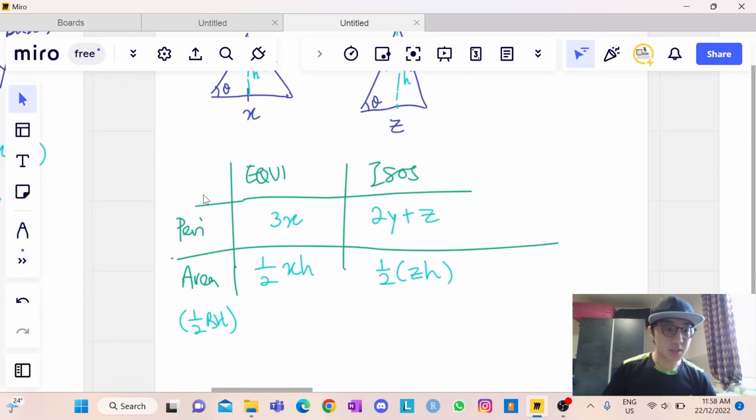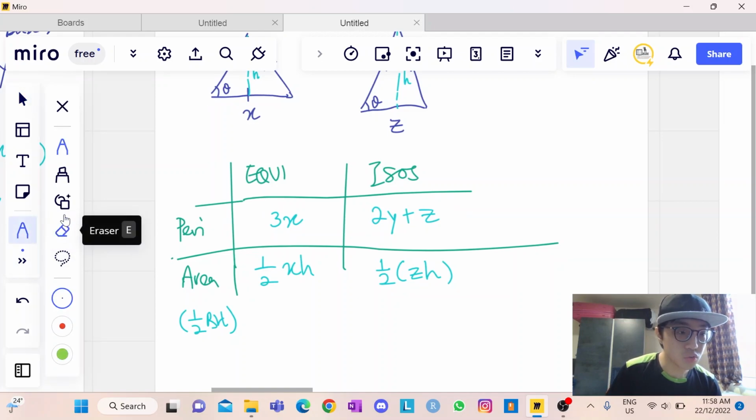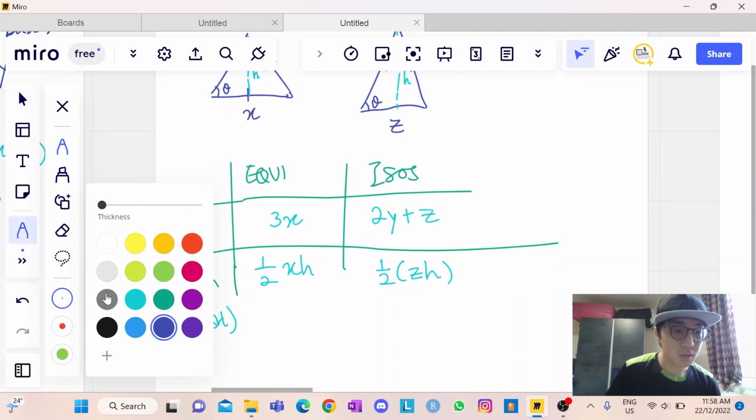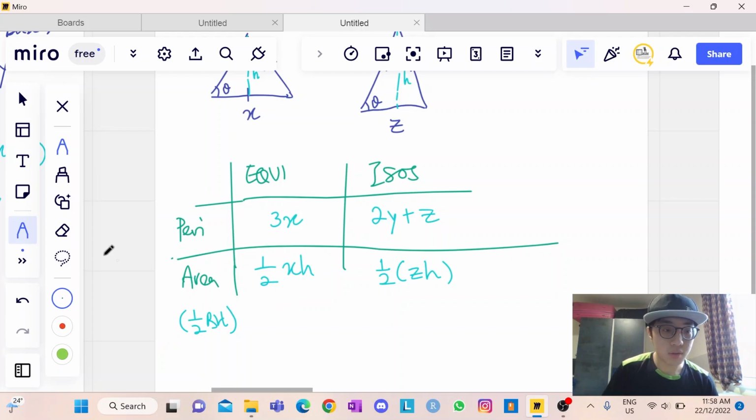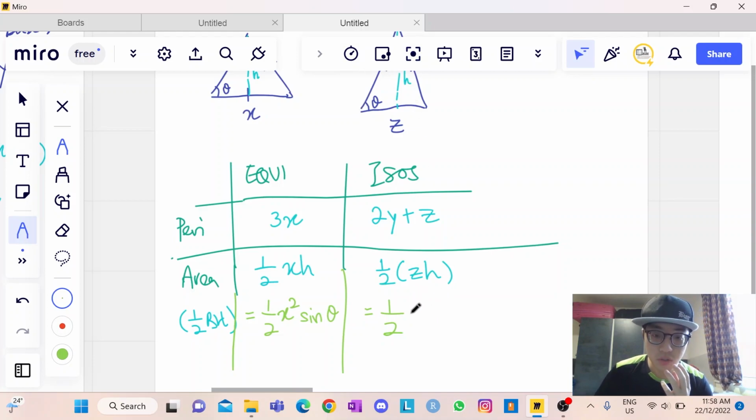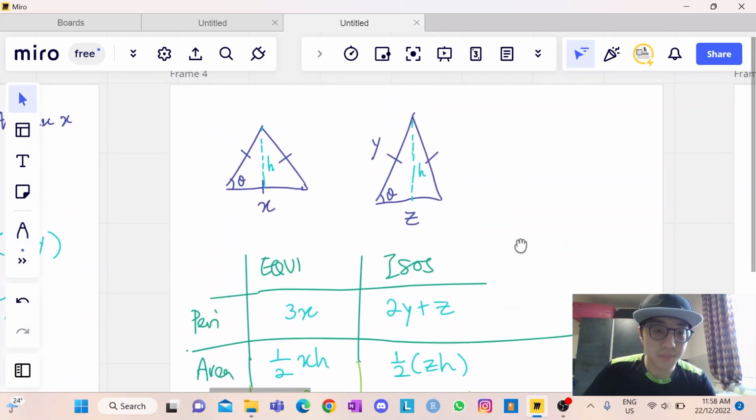Therefore this is also equal to, let's change to a darker color right here, 1 over 2 x squared sine theta. And this one right here will be equal to 1 over 2 times y, and this is y sine theta, so it's 1 over 2 y squared sine theta. All right. So yeah,